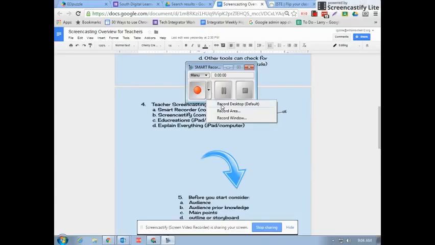Record desktop means record your whole screen. Record area means you get to pick the area of the screen you want to record, and record window just means the window that you are currently on. And if you minimize it, it won't record your desktop, which may be useful in some instances. In order to start recording, you're going to press one of the options,